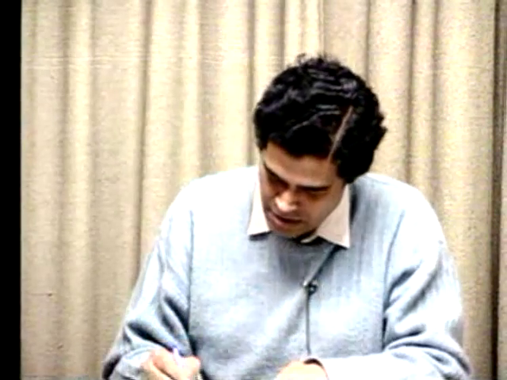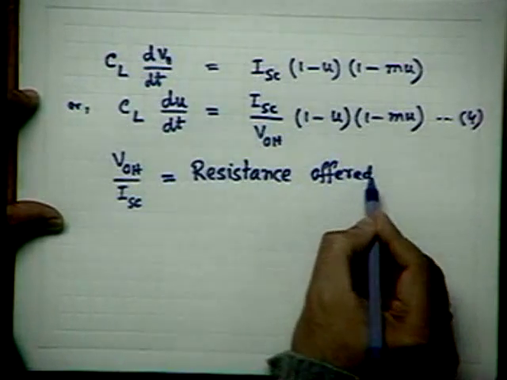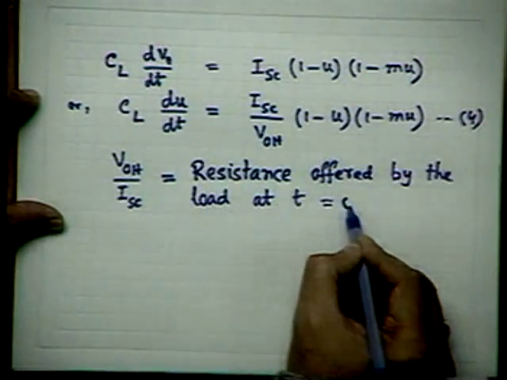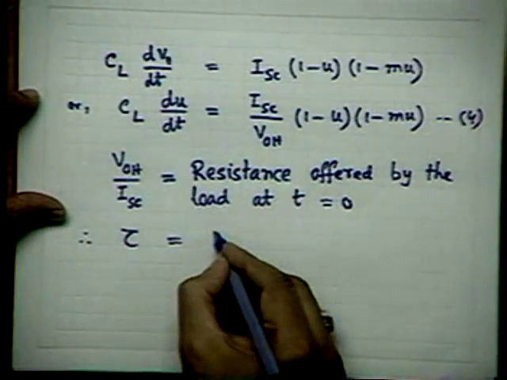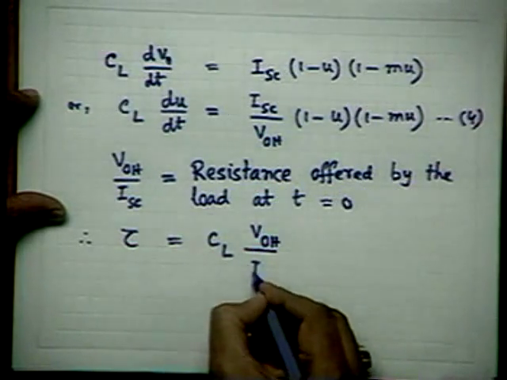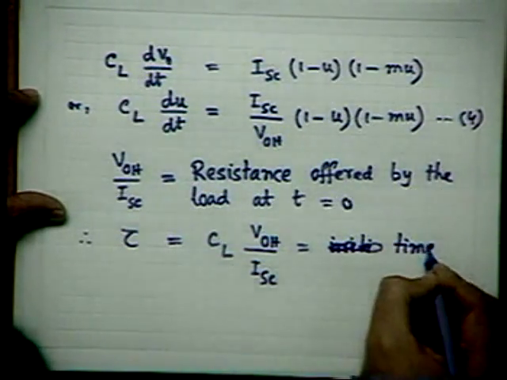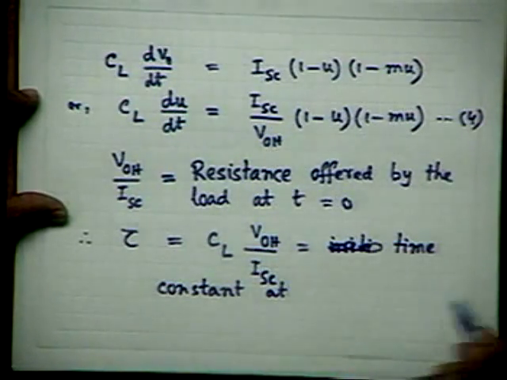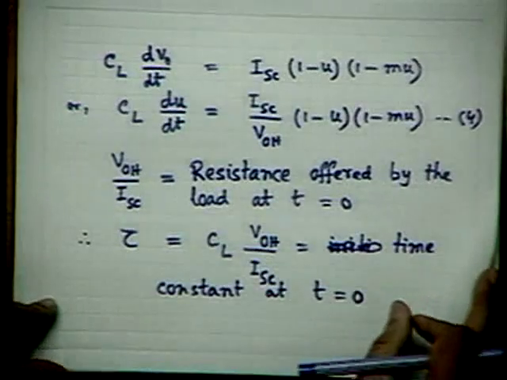And that divided by the current is the initial resistance. So it is a resistance offered by the load at t is equal to 0, and thus we can define a time constant tau, which is the product of this and CL, that is equal to CL into VOH divided by ISC, the initial time constant, I can say, at the initiation of the process or at t is equal to 0. And ultimately replacing,